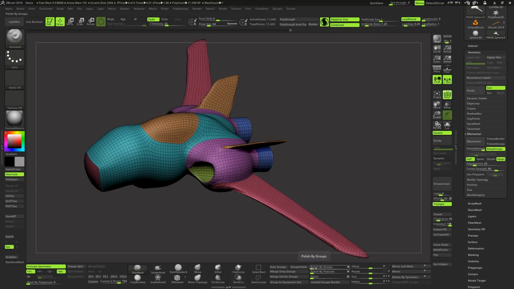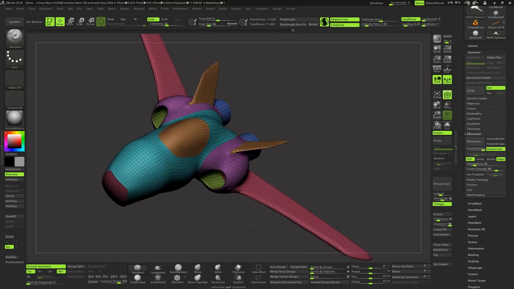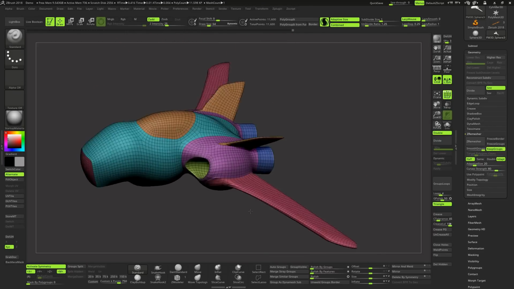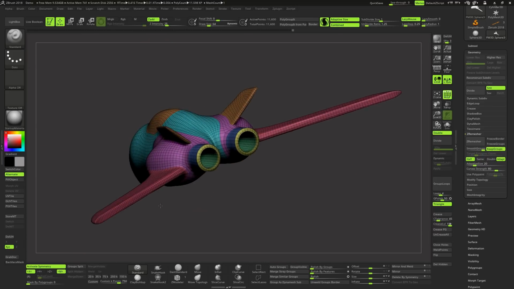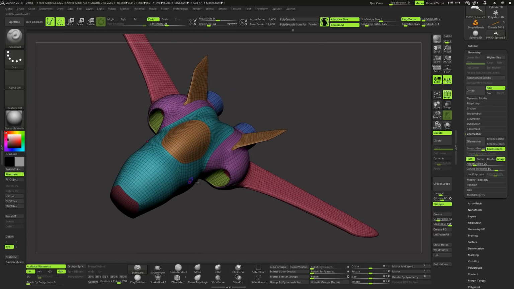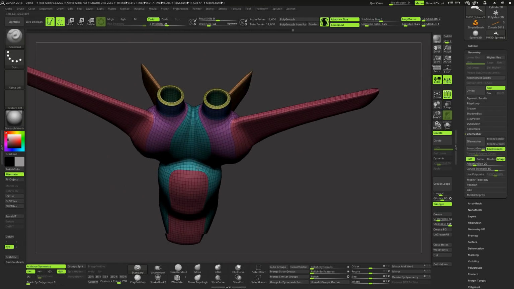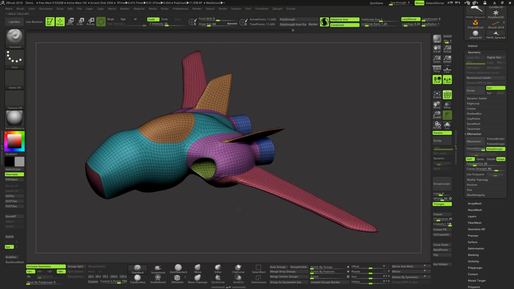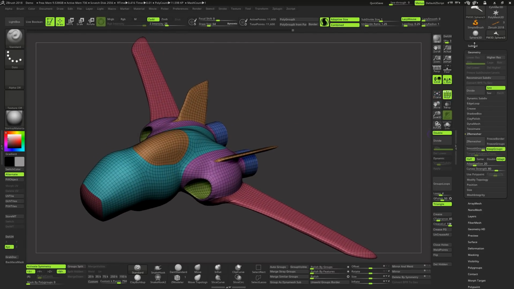So we'll do just another polish by groups there to kind of tighten everything up. And there we go. We have got our really nice, clean base mesh to work with, and really well structured polygroups to help with generating UVs, which we will get into shortly. So we've basically got our base mesh,